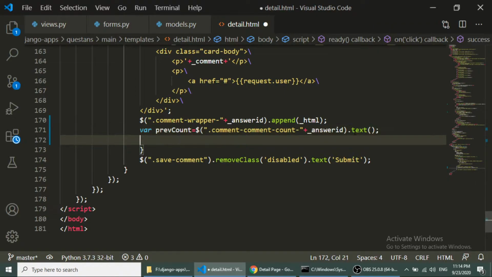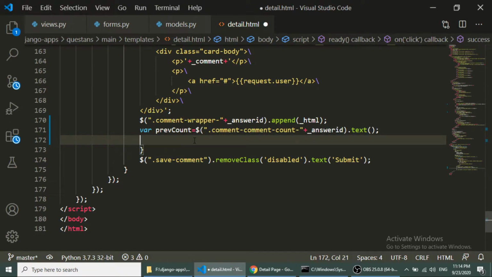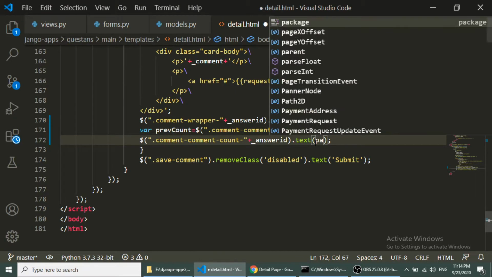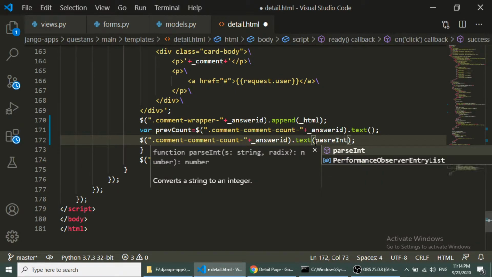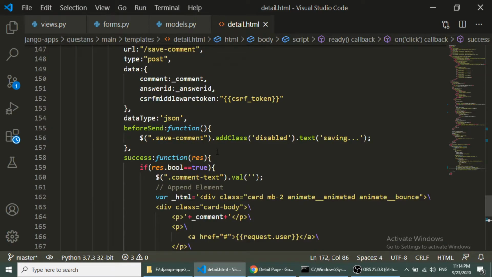Here, because we are getting text, we need to parse it into an int plus 1. So every time we submit a comment, it will be plus 1. Okay, and now we need one more modification, one last modification.